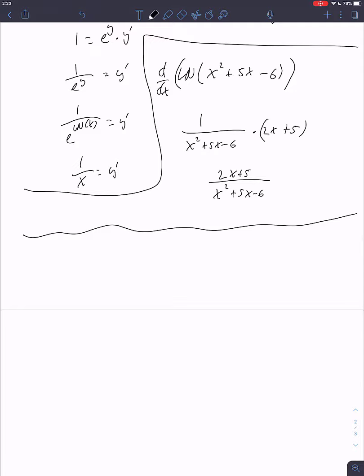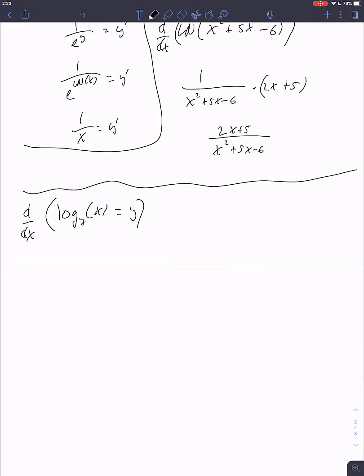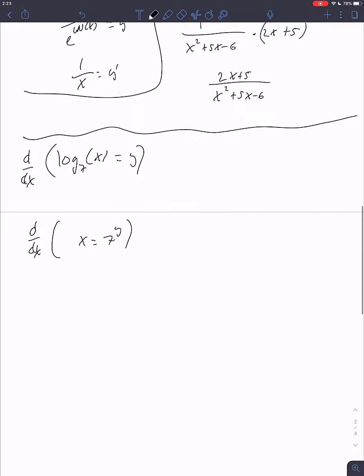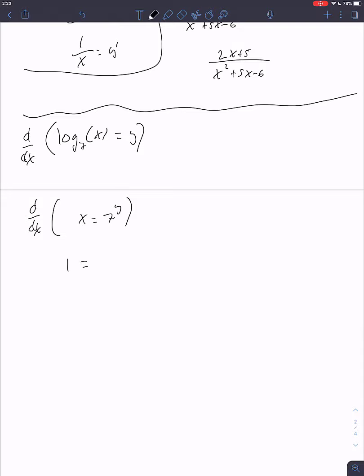Okay? Now what if we didn't have ln, meaning it's not base e and it's base anything else? So let's say log base 7 of x equals y, and we wish to take the derivative of the whole thing. Again, we solve for x. To undo log base 7, we raise to the 7, so x equals 7 raised to the y. Now we take the derivative, implicit differentiation. The derivative of x is 1. The derivative of any exponential is itself, times, and that's what we're going to talk about in this section, the ln of this base,